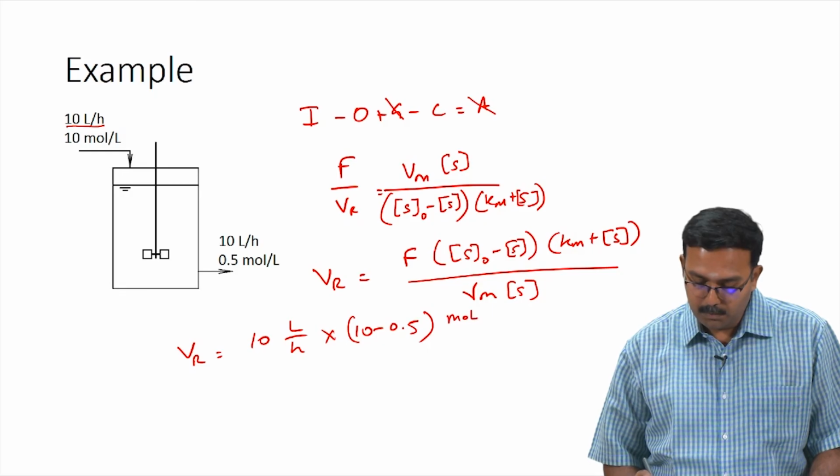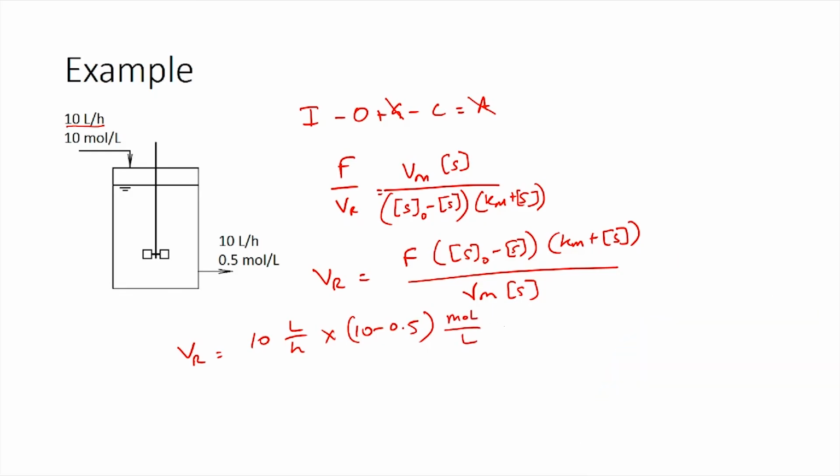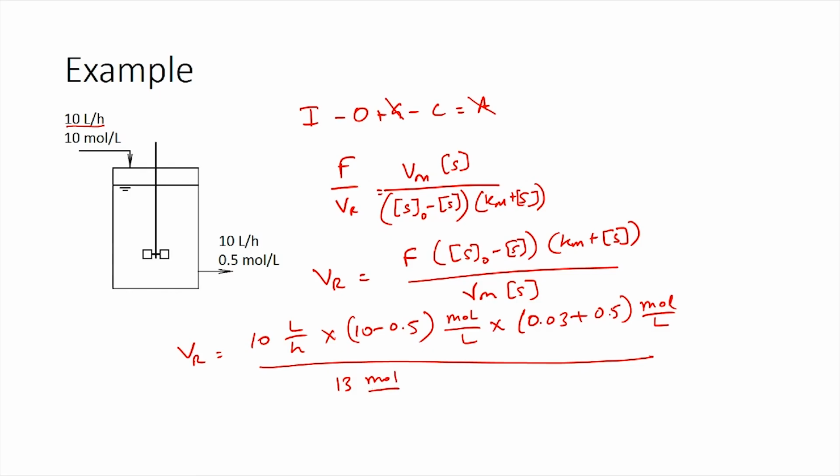So, this would be moles per liter, times 0.03, which is the value for Km, plus 0.5, which is the S value, which would also be in terms of moles per liter, divided by Vm, which is 13 moles per liter minute. So, we have the flow rates in terms of hours, so we will convert this to hours by 60 minutes per hour, times 0.5